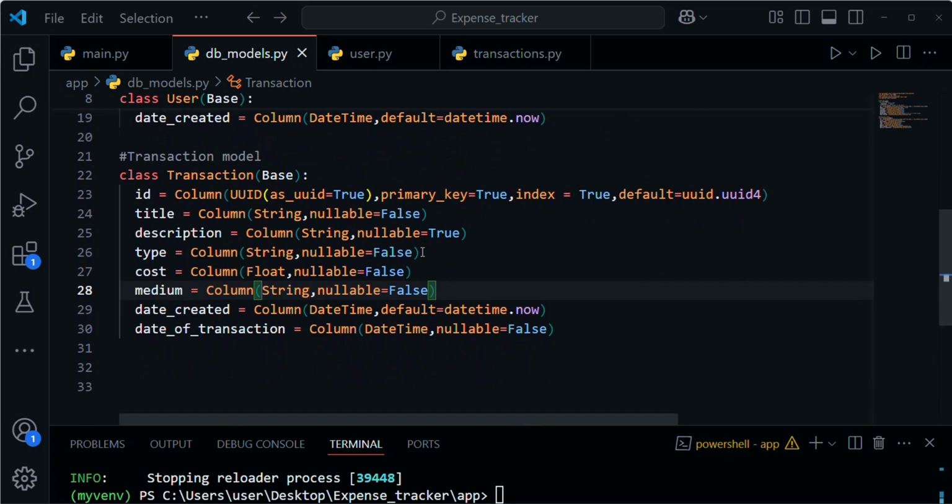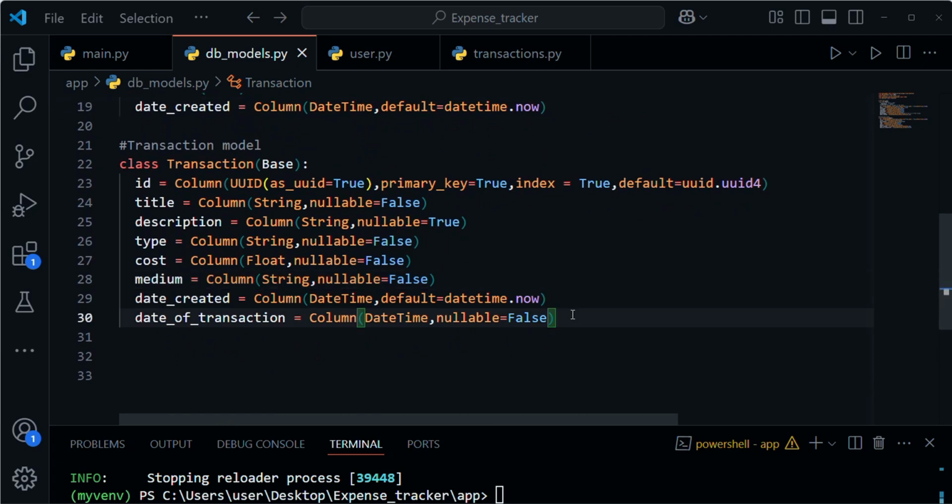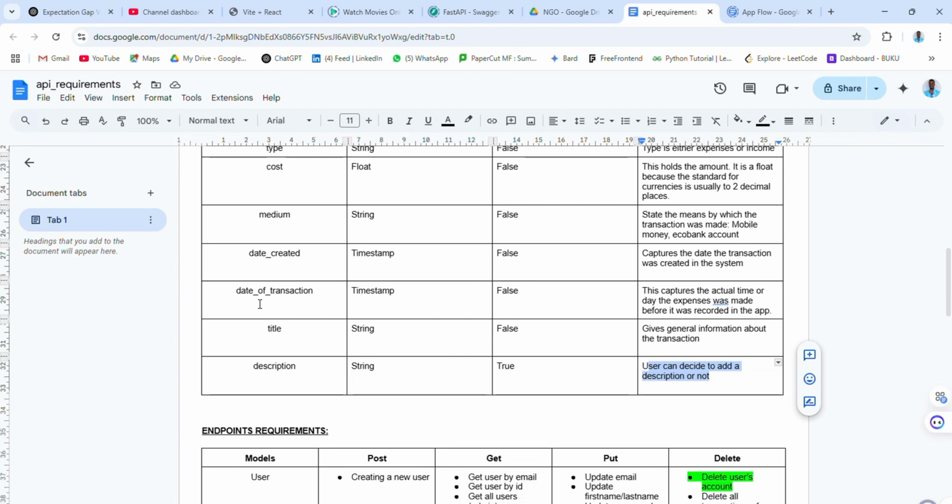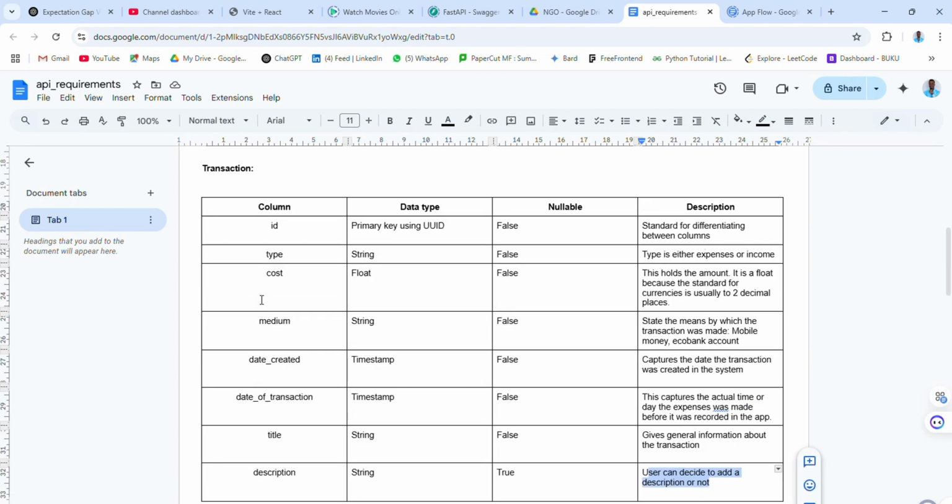So the user model and the transaction model is also created nicely, and at this point we are not missing anything when it comes to the model. Okay,